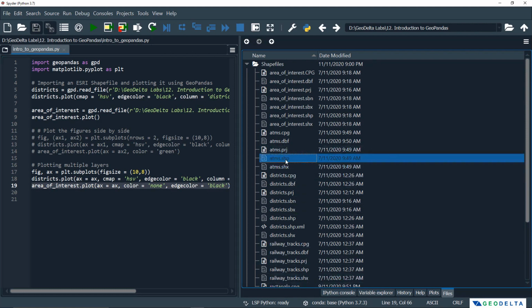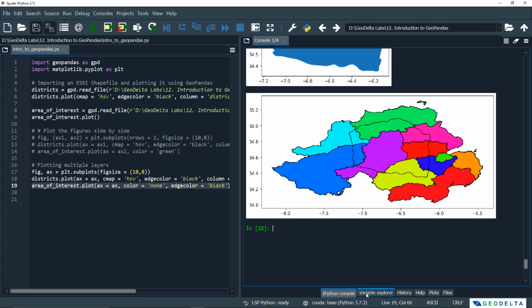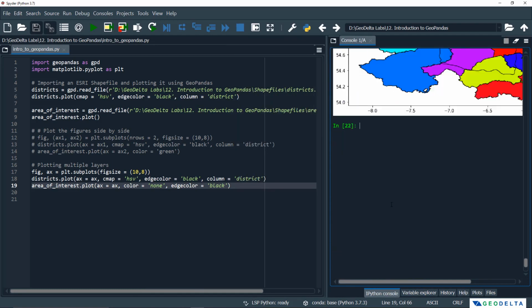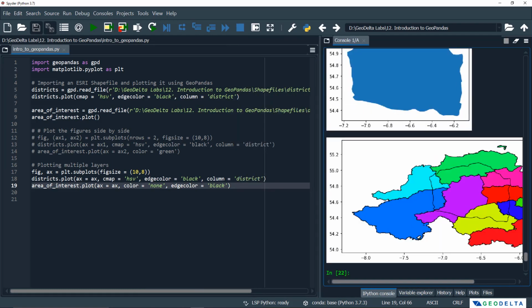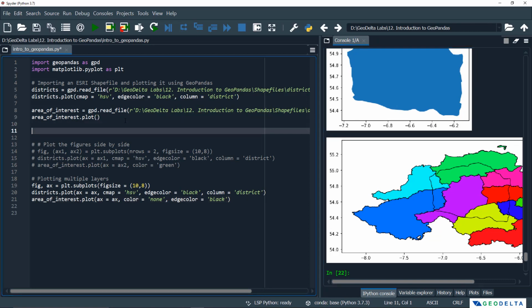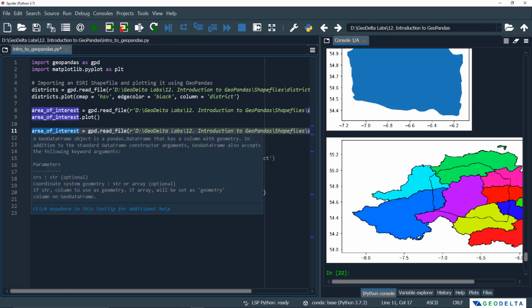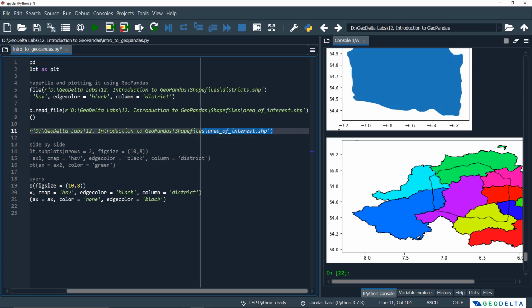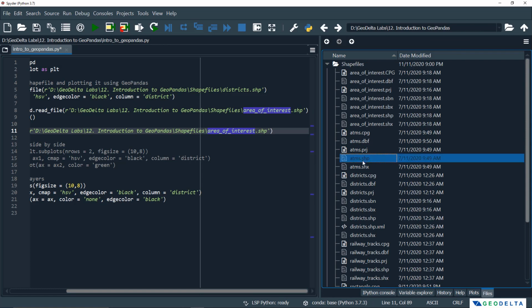Now let's try to see whether we can import this ATMs shapefile into a Geopandas GeoDataFrame, and whether we can actually plot that on top of this figure so that we can visually see where each of those different ATMs are located. Let me just go over here and add one more line of code which corresponds to the ATMs. So I'm going to name this one as ATMs, and of course I have to specify the correct file name. In this case you can see the name of the file is atms.shp, so that's going to be atms.shp,